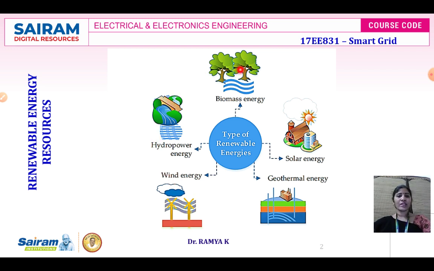We can use any type of renewable energy resource available on this slide, but the most important resources are going to be solar and wind. When you consider the Dubai electrical grid, they are generating power and supplying it to all the customers like industrial customers, commercial customers, residential customers, multi-storey buildings, to every part of the customer base. Only solar energy is supplying power to all of them, not the electric grid.